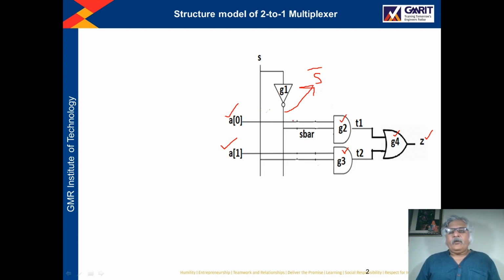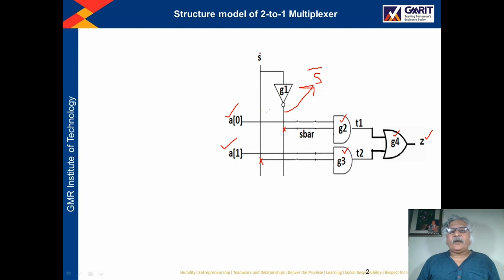Now whatever is the output of the NOT gate, that we have connected to the G2 gate, and the true value of S is connected to the G3 gate, right?